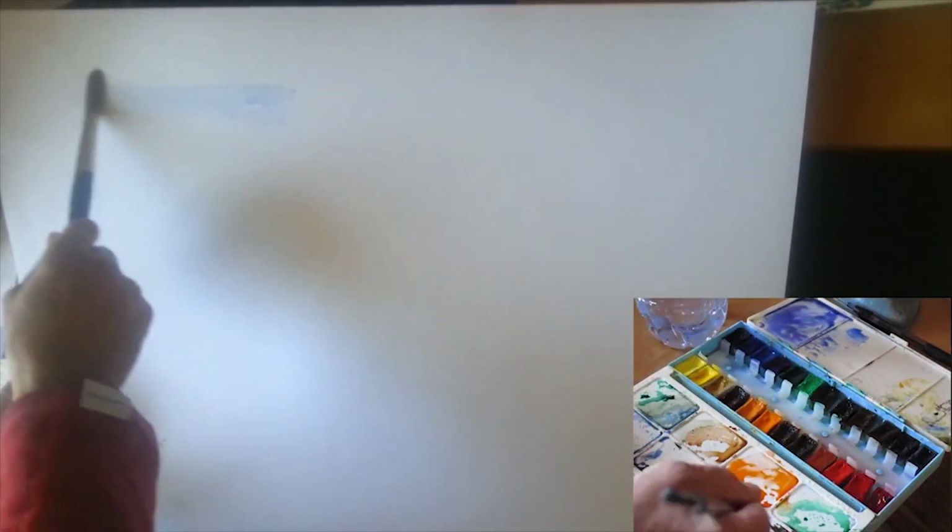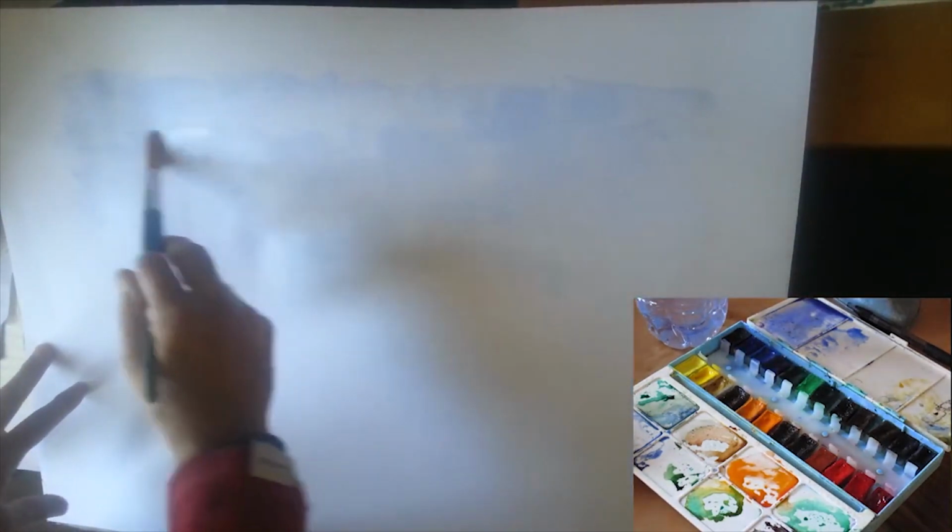So we will continue. It's very important that the colors be of great quality. Even though our hand is not the hand of Raphael, if the colors have remained immaculate, a great work of art will come out anyway. To do a sky in a very artistic and professional way,